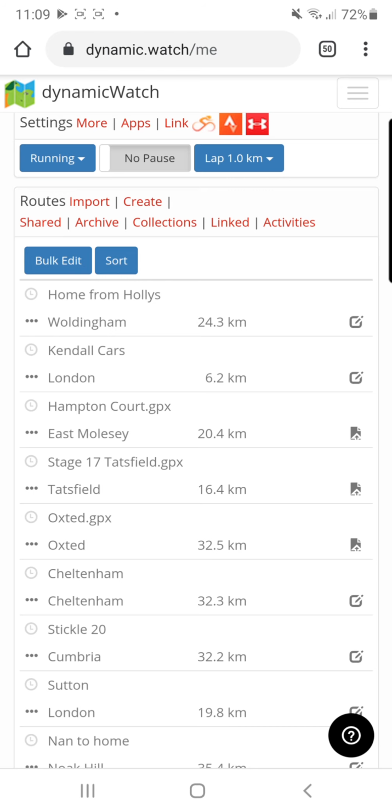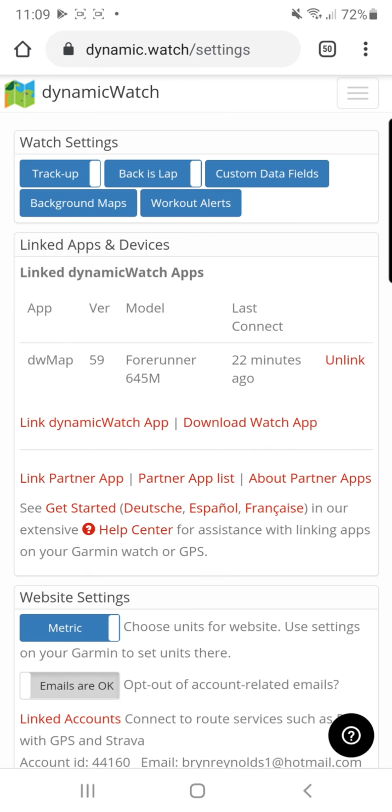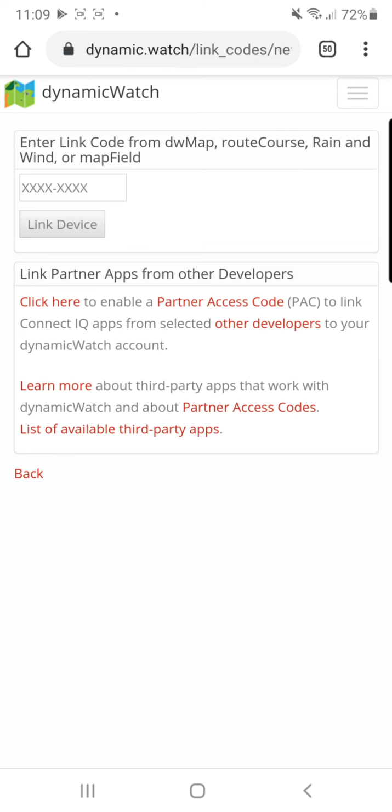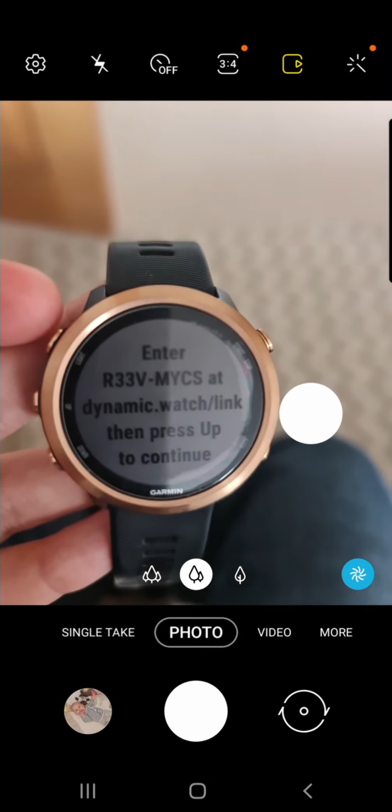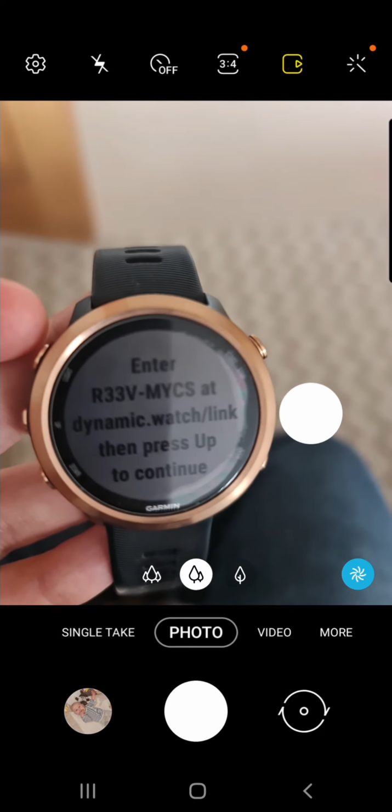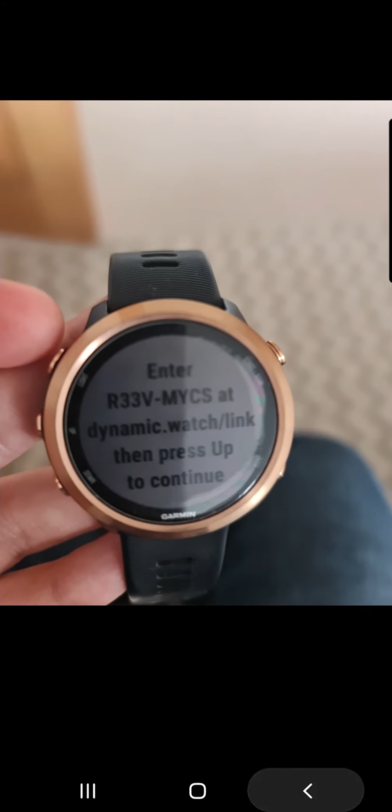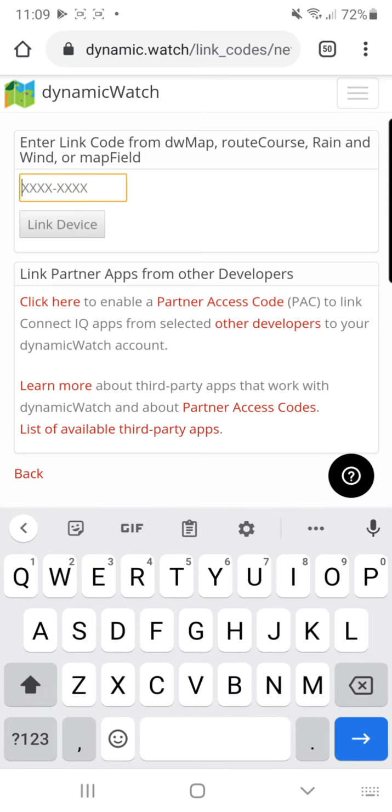Where you need to go to is in settings, more, and you can see here how you can link the Dynamic Watch app. So if you click link Dynamic Watch app, you can see that what you can now do is put the link code that you've previously got on the watch. So I can see here my link code is R33VMYCS. If I then go back, I can enter that code